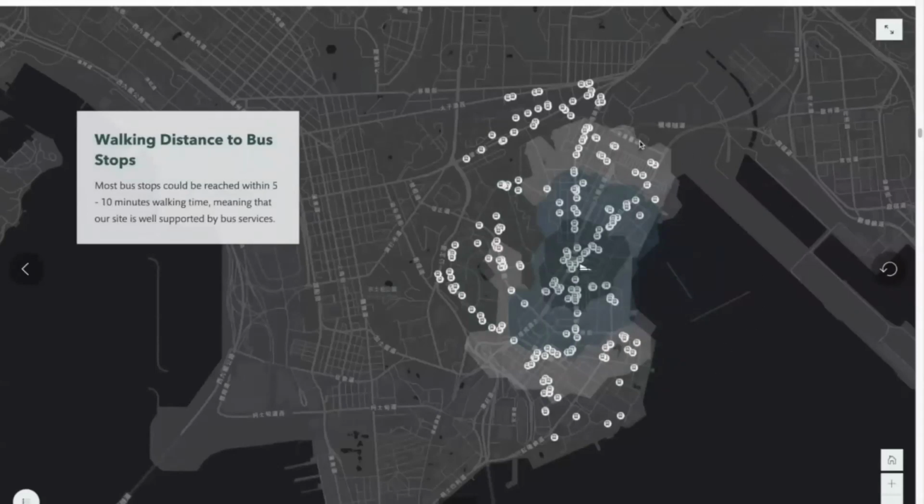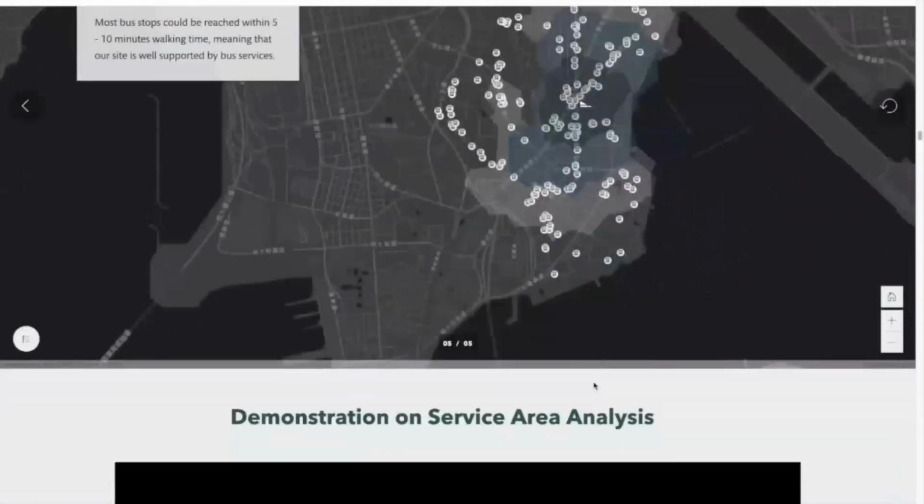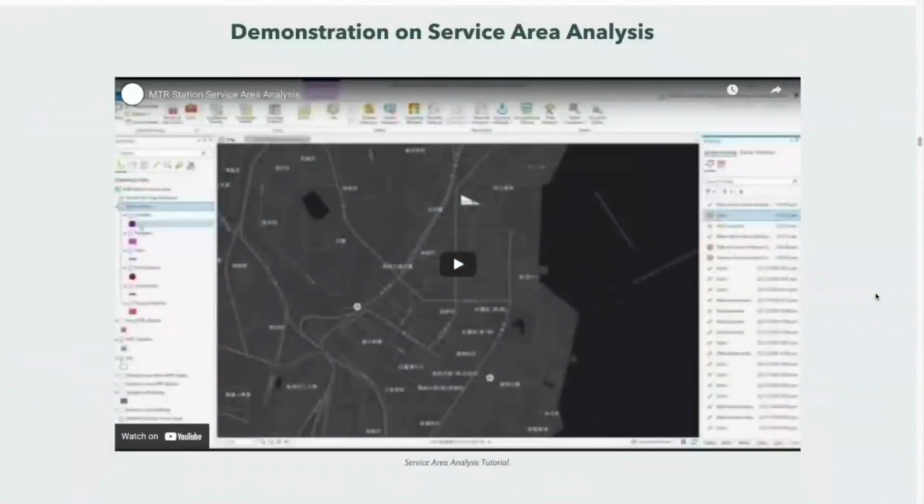We can see that this is a 0 to 5 minute walk, a 5 to 10 minute walk, as well as a 10 to 15 minute walk. So within it, we could see that there are a number of bus stops we are able to access within at least a 5 to 10 minute walk. So we have prepared a demonstration on the surface area analysis.